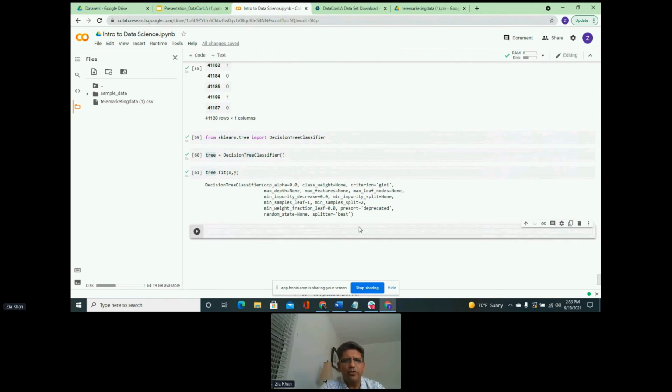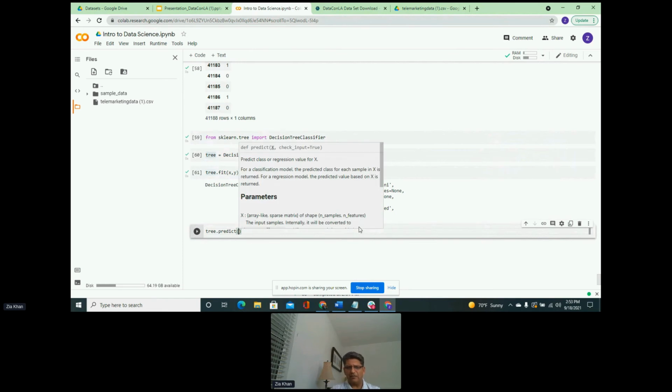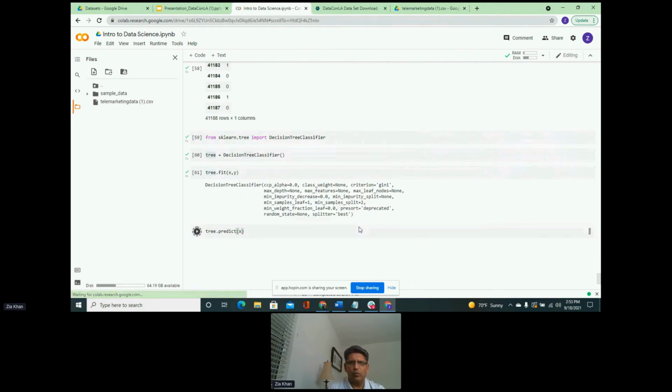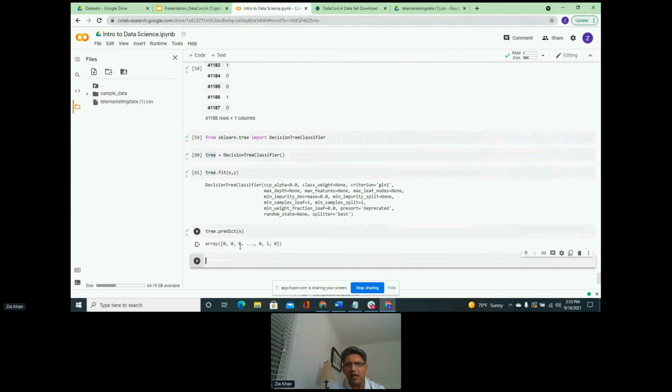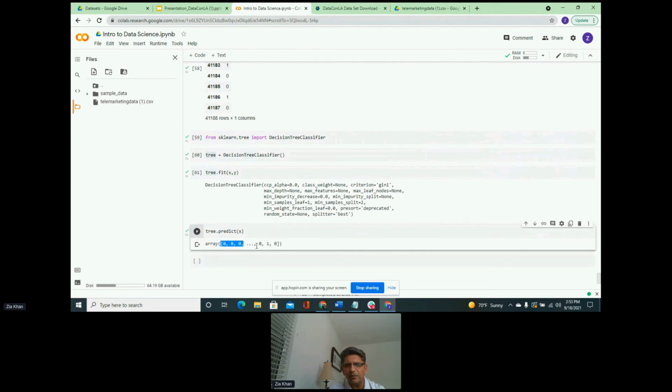So what we are going to do is make predictions on all of the data that we have. We're going to use the predict method, and it will take the tree model and predict on our data X. And once we run this cell, these are the predictions. So these first 3 people are not going to be a customer, but there is this one customer, 1.